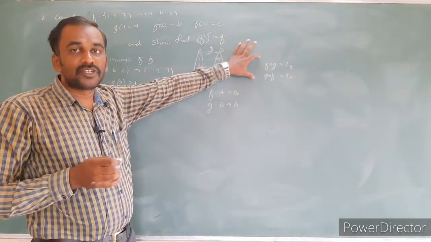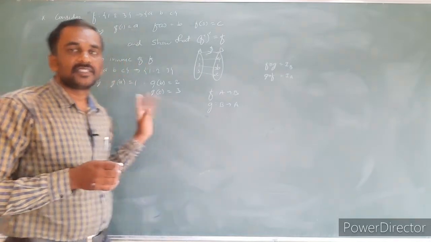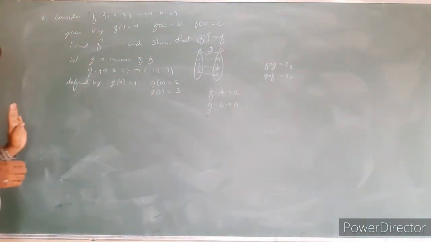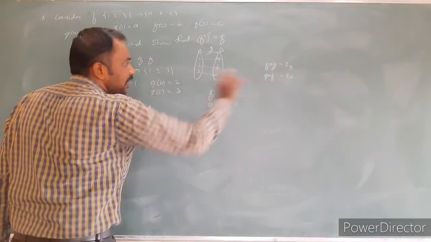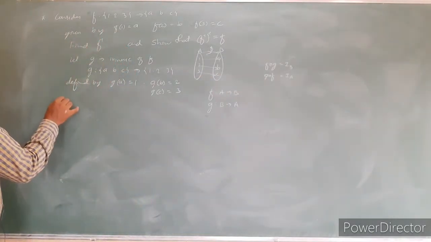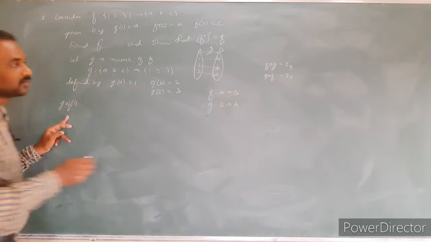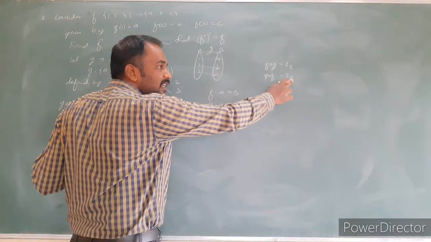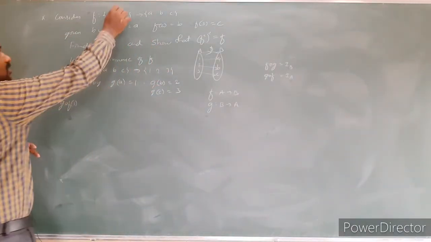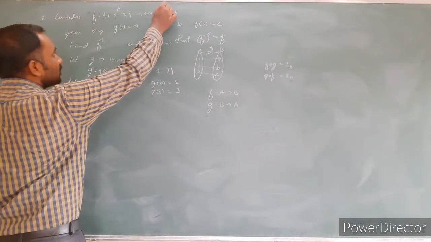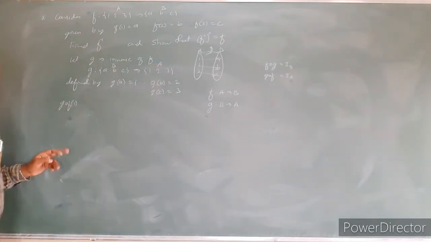By the definition of invertible, if this condition is satisfied, then you can easily say that G is the required inverse of the function. Are you clear on my point? So I am going to verify this. First of all, G circle F is nothing but the identity element on the set A. We have to get it. So what is the set A? I just say that this is set A, this is set B. Here it is set B, here it becomes set A.